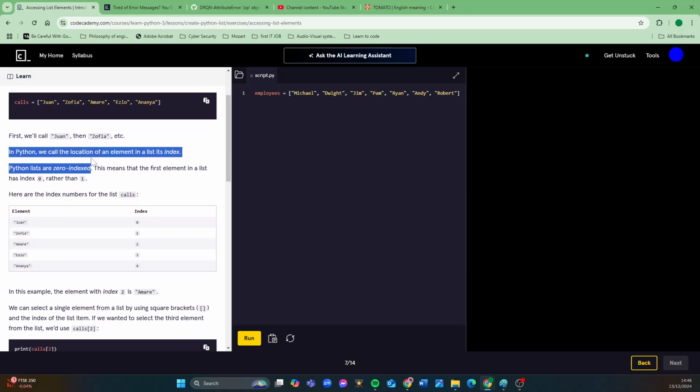In Python, we call the location of an element in a list its index. Now, just allow me a minute to explain why we use the word index here, because I want you to see that it is in alignment with the index that you're probably most familiar with, the index in a book. If you think about what an index in a book is, let's say the book is Nature's Birds by David Attenborough, and the index allows you to